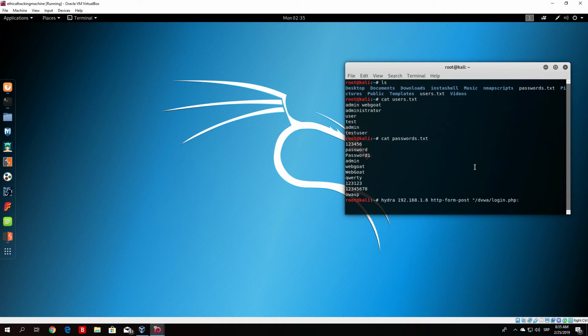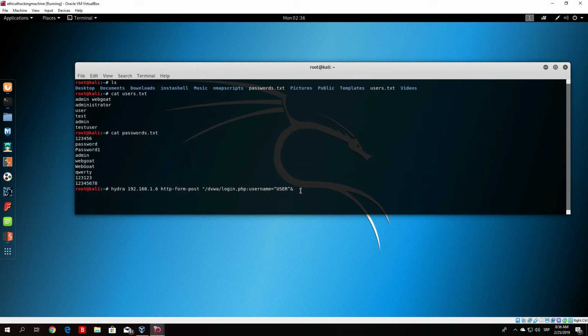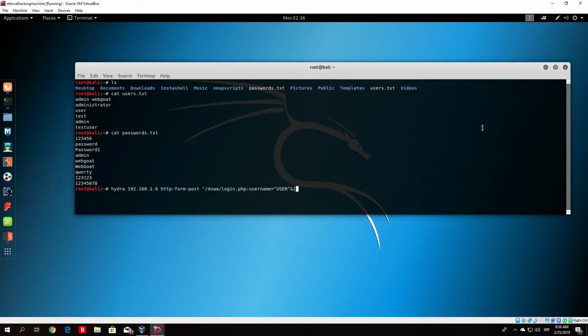So we cover this, and we divide these two with the two dots. So we type here username equals, the upper arrow, then user, the upper arrow, another arrow, this sign. Let me make this larger so you can see the entire command. Okay, so then after that we want to see what is the name of the password field, which is probably going to be password. Name, password. So the name of the password field is password, so we specify right here password equals, again, upper arrow, pass, upper arrow,